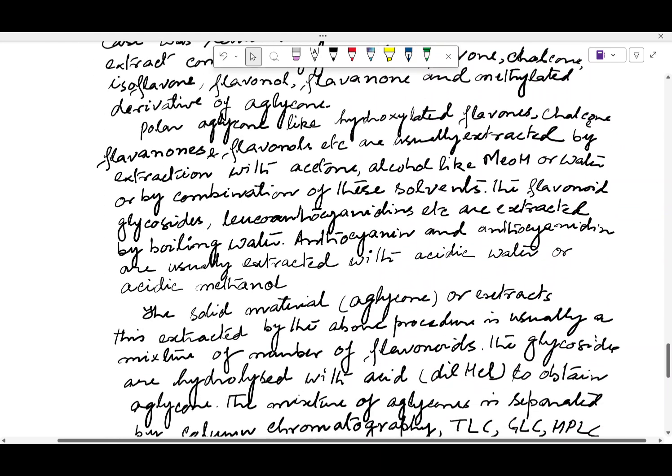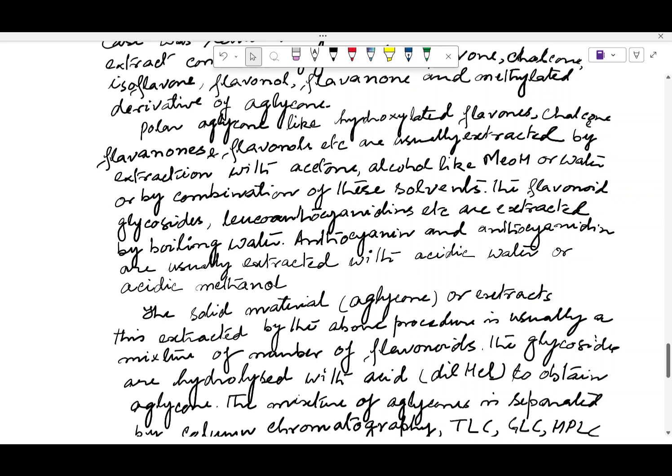And therefore, if you see that there are certain polar flavonoids, polar flavonoids means they contain a number of hydroxyl groups. If you increase the number of hydroxyl groups, its polarity increases. Therefore, whatever the nucleus, that is chalcone, flavanone, flavanols, whatever is there, you have to extract it with ethanol or acetone or methanol or water.